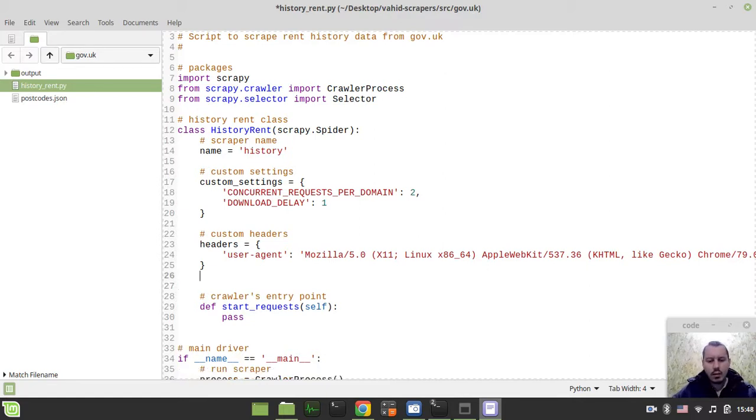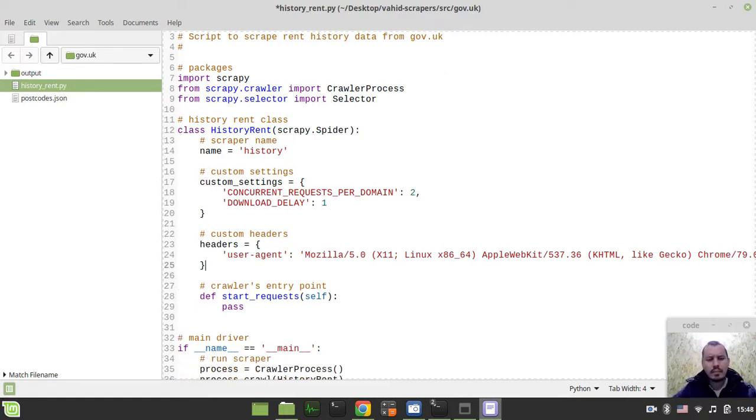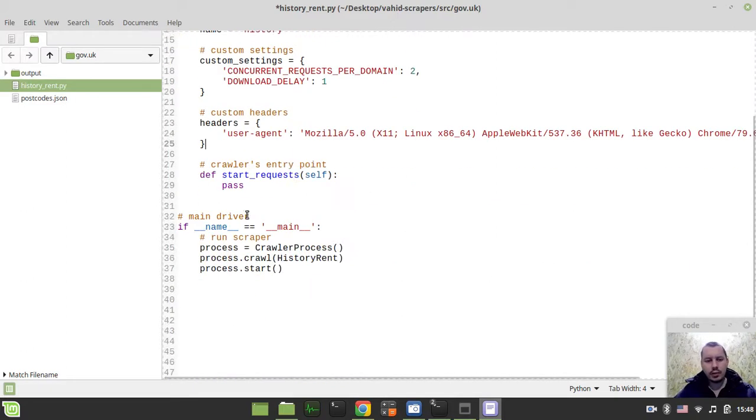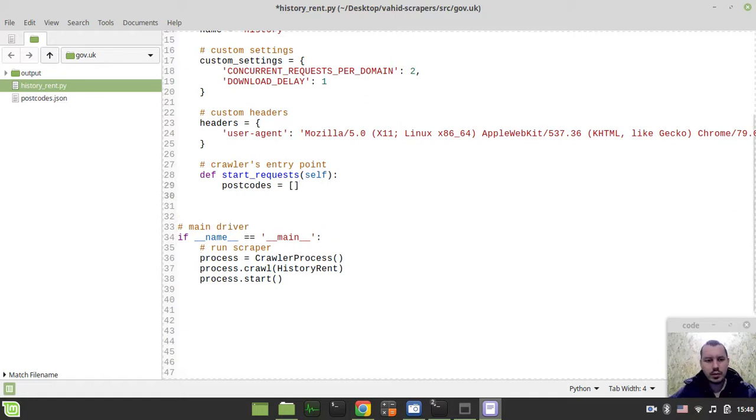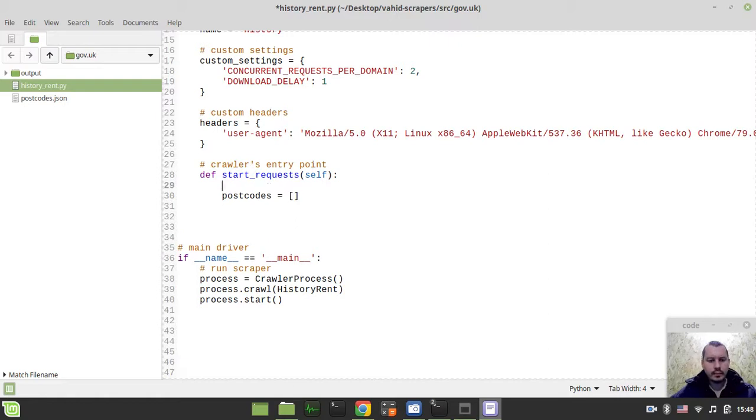I could have made it while initializing the constructor, but I'll just make it directly here. So here we'll have a list to store post codes,